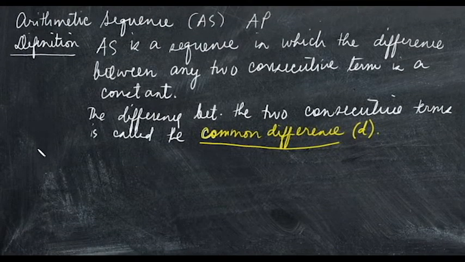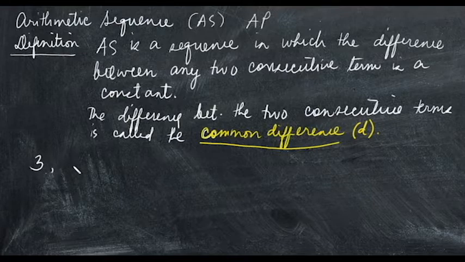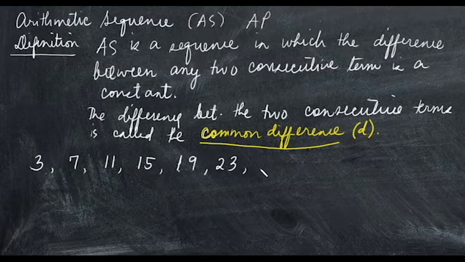So we'll start with 3, then 7, then 11, 15, 19, 23, and so on. Okay, so this is an arithmetic sequence because the difference between any two consecutive terms is a constant. If this is your a sub 1, or your first term, this is the second term, third term, fourth, fifth, sixth,